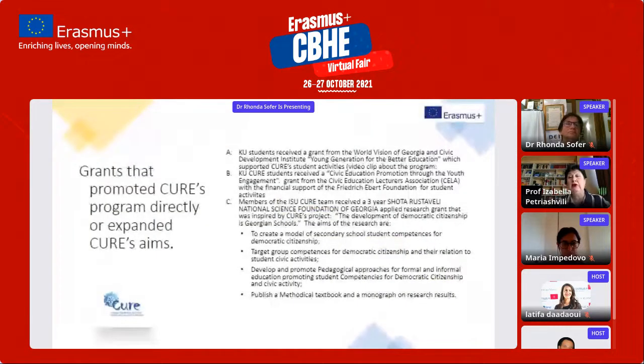Yeah, here you can see grants that promoted CURE's program directly or expanded CURE's aims. The first 2 grants you see were at Kutaisi University. Students received grants for young generation for better education and civic education promotion through youth engagement. Also, Ilia State University was granted by the Shota Rustaveli National Science Foundation a 3-year grant on the development of democratic